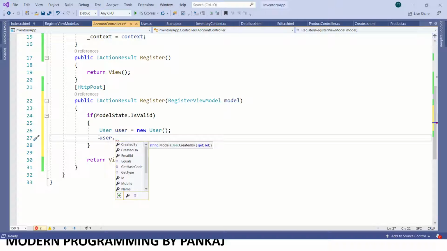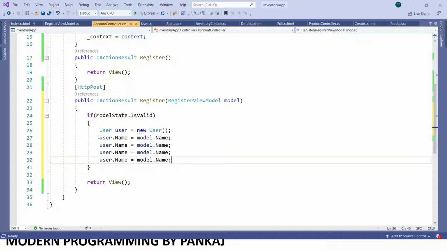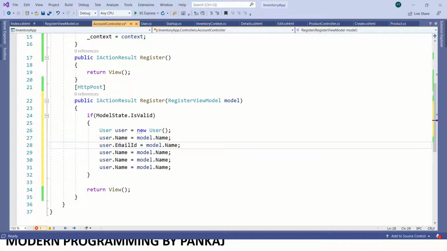Then user dot name equal to model dot name. Whatever we get from the model, we need to assign it. Similarly, we need to do this for all the properties: name, email ID, password, mobile number, and then created by, created on.